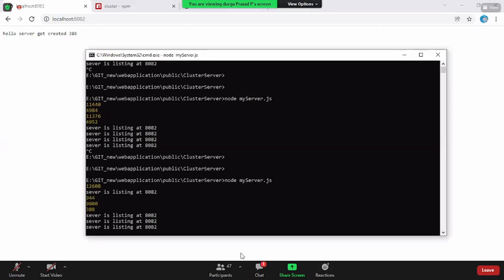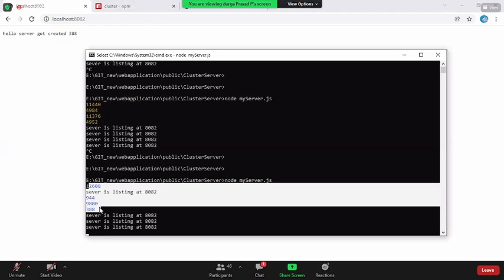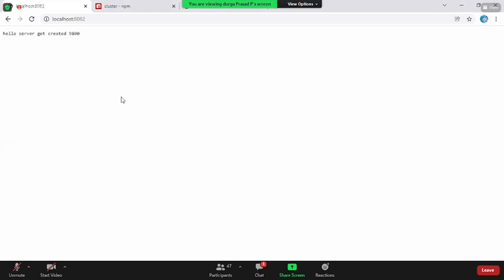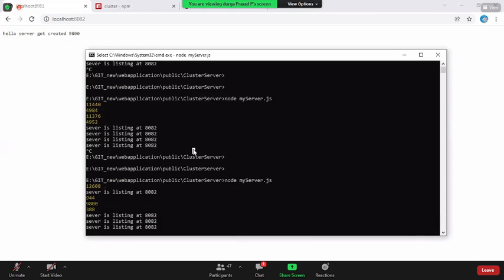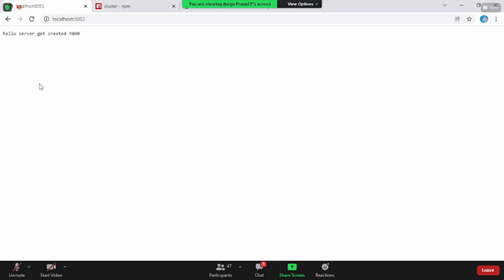But in general, what happens in real time is, among all the existing processes, whenever a user request comes, it will see which process is sitting idle and it will automatically go there. If a process is already occupied by someone, the other one will be automatically picked up. Now, when I'm refreshing, see here, 388 has changed to 9800. If you hit multiple times, again that one is responding. So dynamically, you don't need to say which process it has to hit. It automatically picks the one who is sitting idle and responds back.